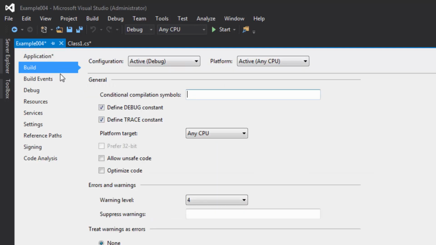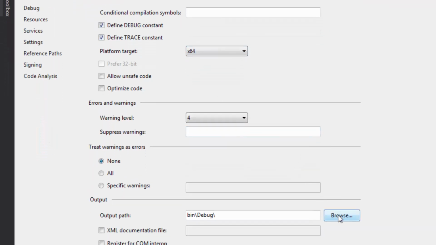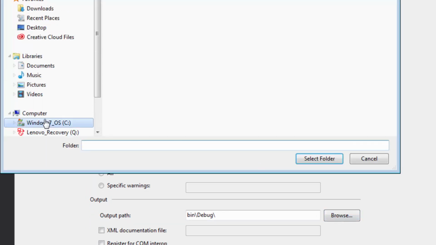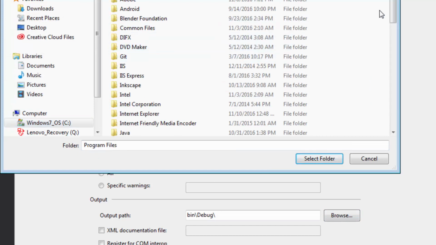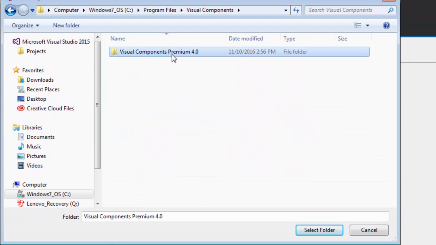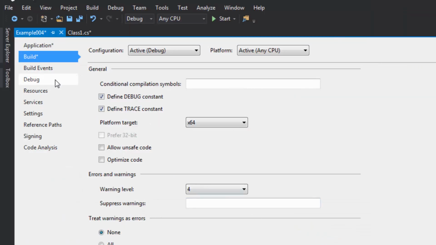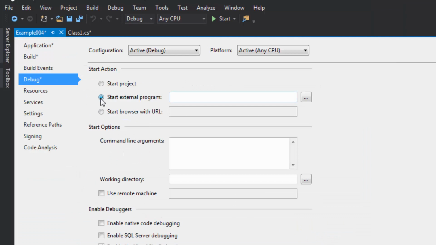Let's now go to Build. Platform target is 64-bit, and we want to build our assembly in the program files of our Visual Components product. So I'll click Browse here, go to my Visual Components program files, and I'm using Visual Components Premium, and I'll select that folder. Now let's go to Debug, and we want to test with the application.